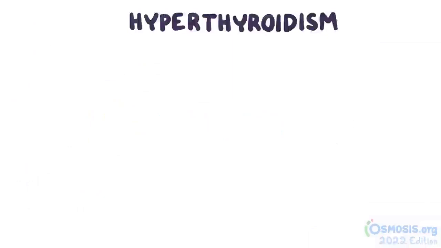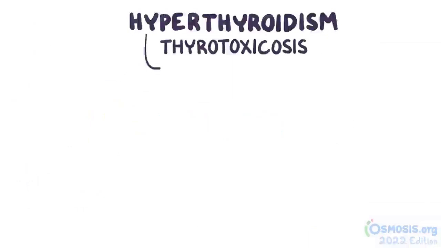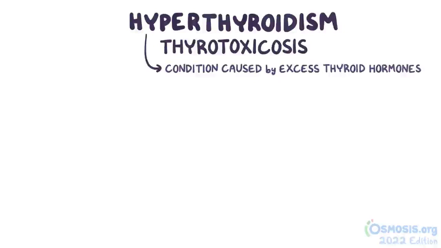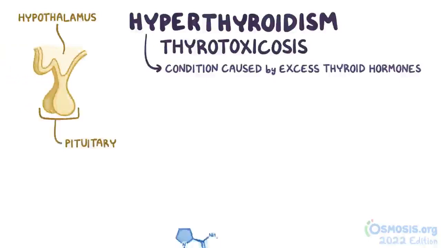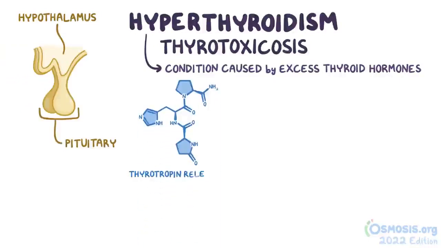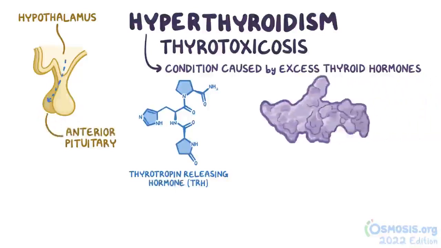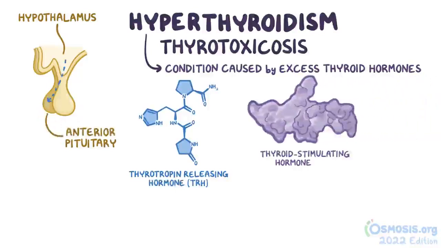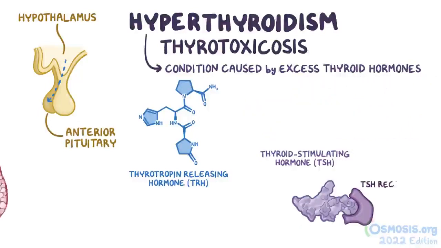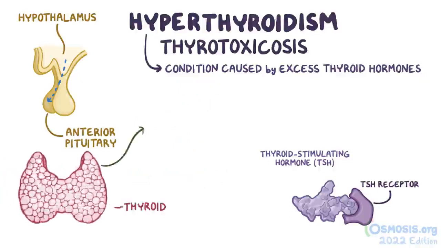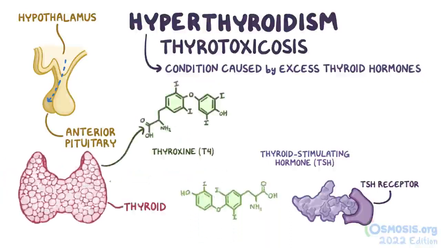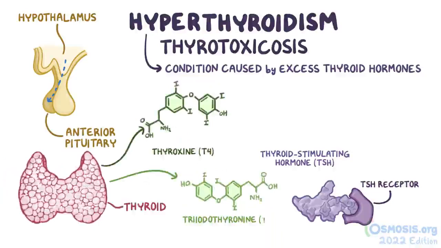Hyperthyroidism, which is sometimes referred to as thyrotoxicosis, is a condition that's caused by having excess thyroid hormones. Thyroid hormone production is under the control of the hypothalamus and the pituitary. The hypothalamus secretes thyrotropin-releasing hormone, or TRH, which makes the anterior pituitary secrete thyroid-stimulating hormone, or TSH. TSH then binds to TSH receptors, which makes the thyroid secrete thyroxine, or T4, and triiodothyronine, or T3, into the